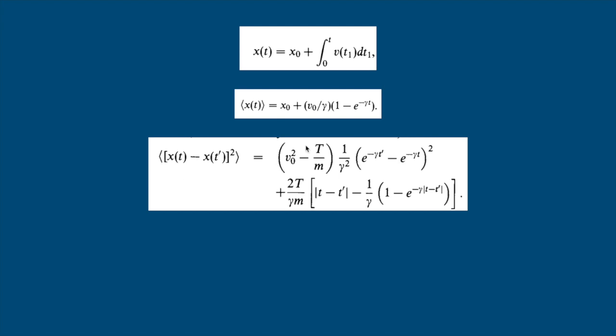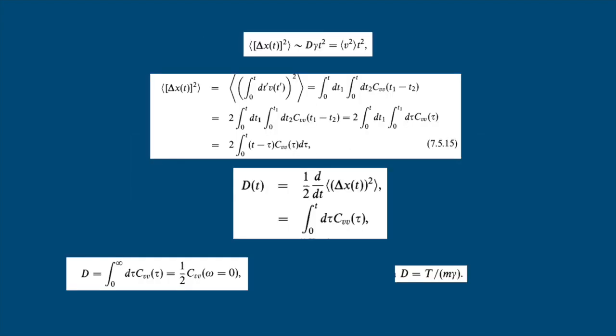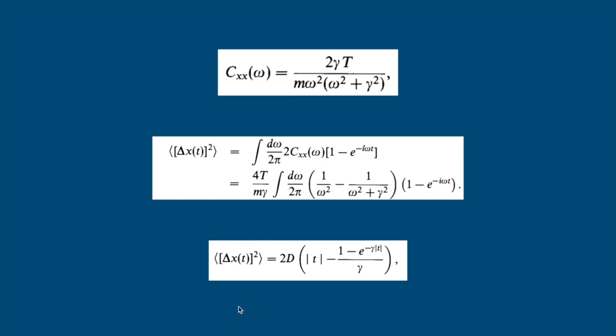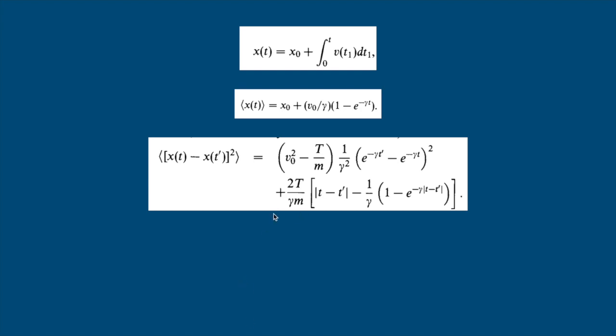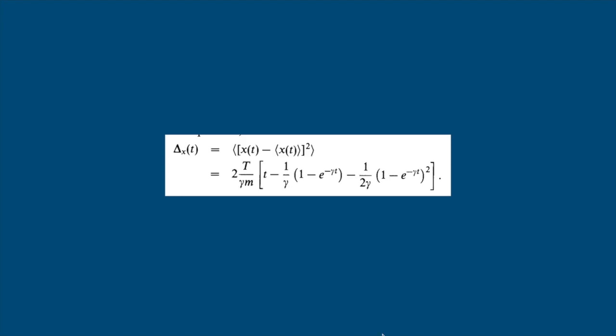The average of this equation over an equilibrium ensemble of initial velocities also reduces to this equation. Just one second, I'll go back again. Yeah, this equation. And the average is obtained from this equation by setting t dash equal to 0, so that x of t dash is equal to x naught. So the variance in position can be calculated as the mean square displacement, and we can simply use the formula from what we got before.